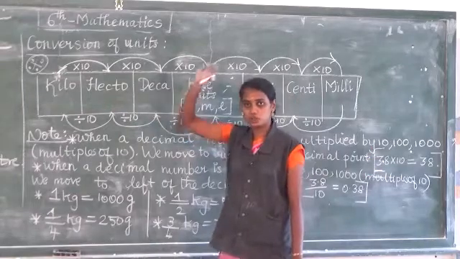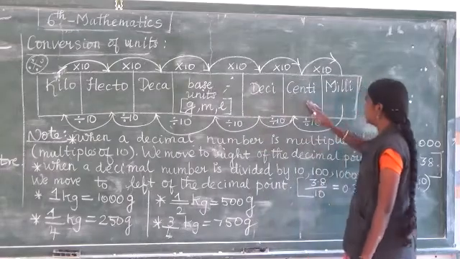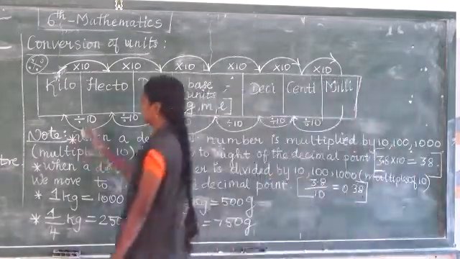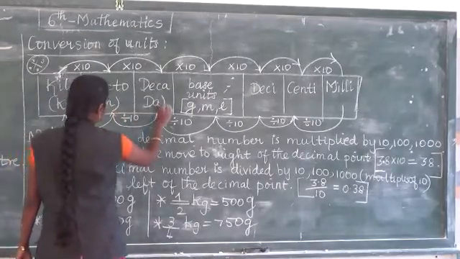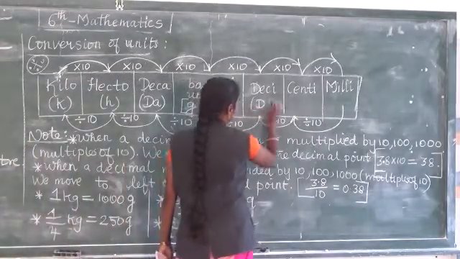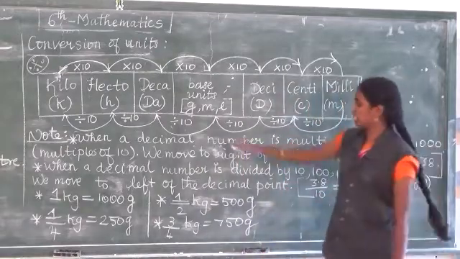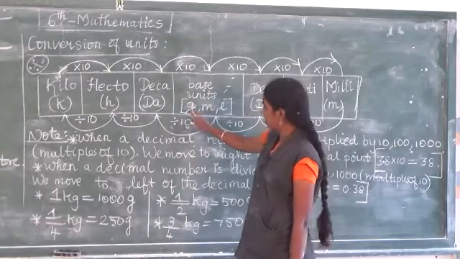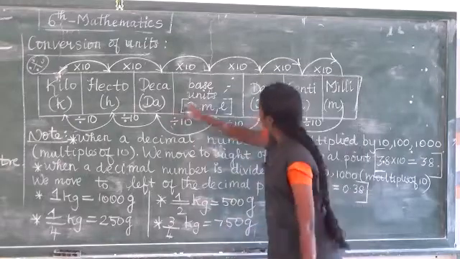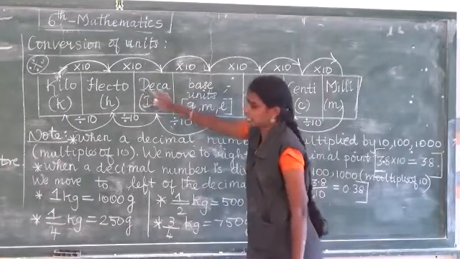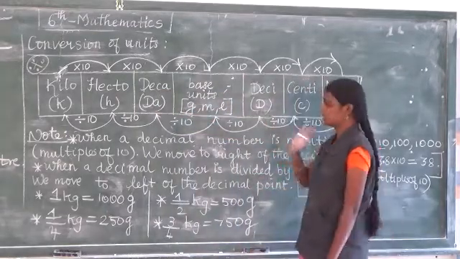First one is kilo. The highest one is the kilo. Next hecto, deca. Then base units, deci, centi, milli. The short forms of these are kilo, K; hecto, H; deca alone, DA; deci, D; centi, C; milli, M. Okay, these are the short forms. For the gram, we use only the first letter, G. For the meter, M. For the liter, L. Likewise only. For the deca and the deci alone, the first letter is the same, D. So for the deca, DA. For the deci, DI, though most probably D only we are using.